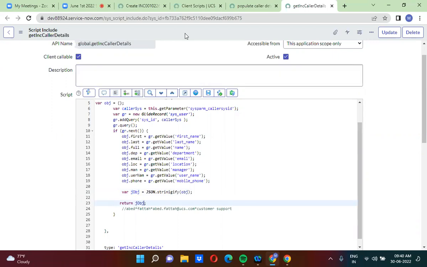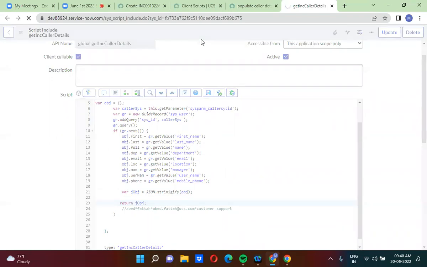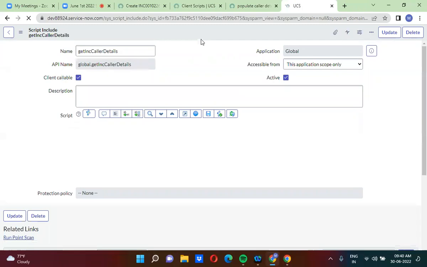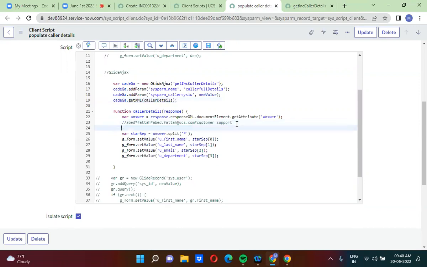So now you are passing 10 values to the client side. Here I'm keeping an alert to check whether I am getting 10 values or not. So here we will have to use JSON dot